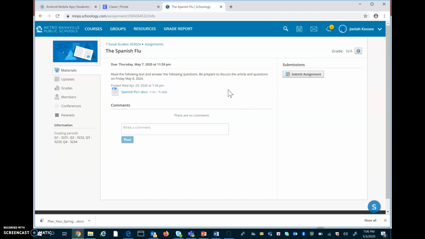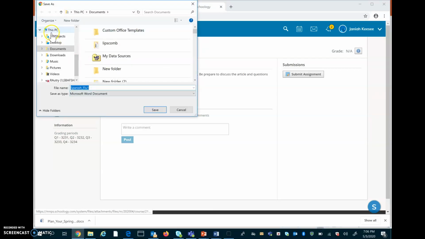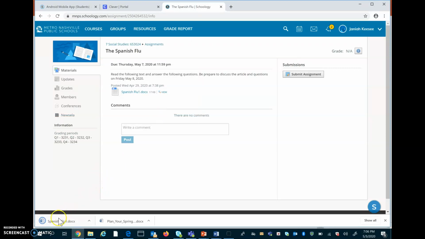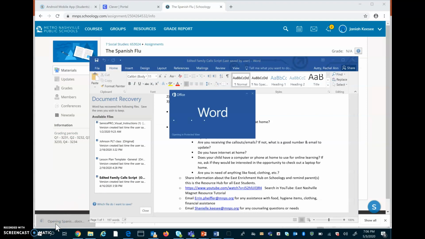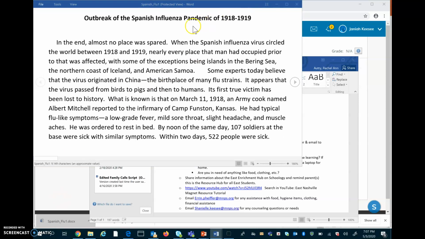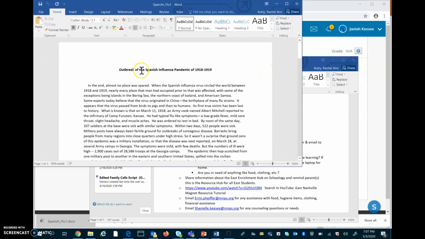If you were to open this up on Monday, you can click on the document, and give it a second here, save it. You want to save it to this PC, or you can save it to your documents. So this PC, documents, we've got that highlighted, and this is called Spanish Flu 1, and we're going to save that. Now it's down here. I'm going to open it up because it was saved correctly, and there it is. We've got this article here about the outbreak of the Spanish influenza pandemic of 1918